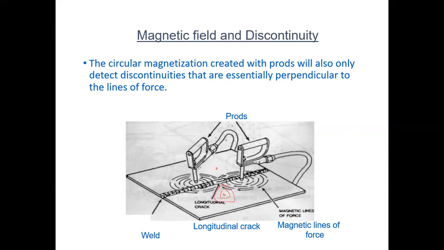That's why we have to make one cross direction like this. One is in this position, and the second shot in this direction. So we can find discontinuities at any location, any degree, any angle. That's why we are doing one shot in this direction and a second shot in the opposite 45 degree direction.